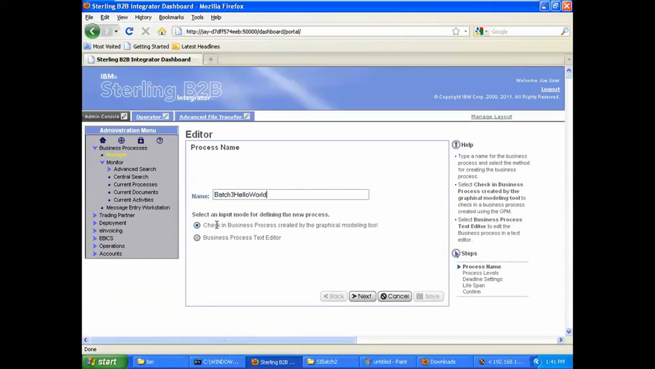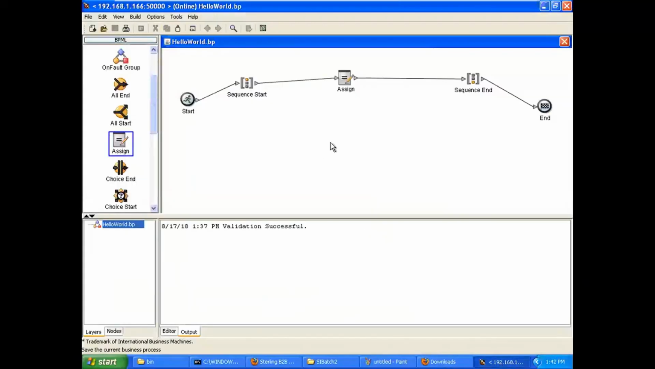there are two ways to check in the business process in Sterling Integrator. First, check in a business process created by the Graphical Process Modeler. Second, a business process written in the text editor, right? Right now, the business process we have created, right? It has created